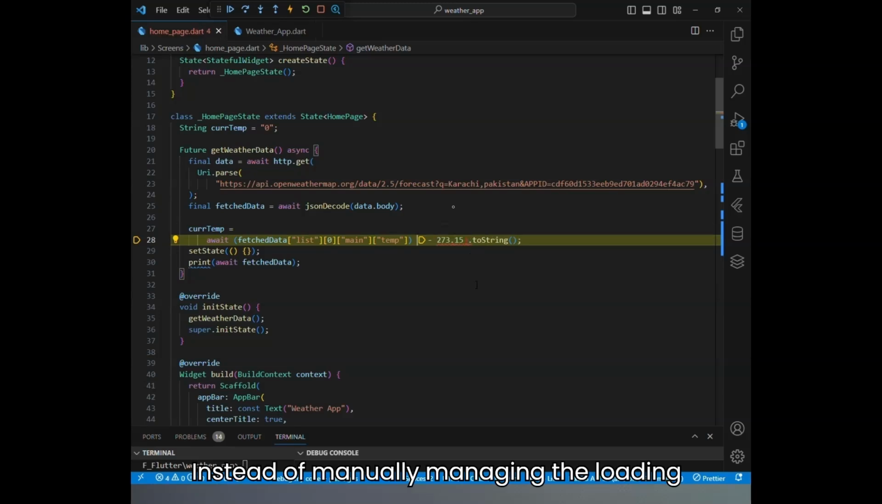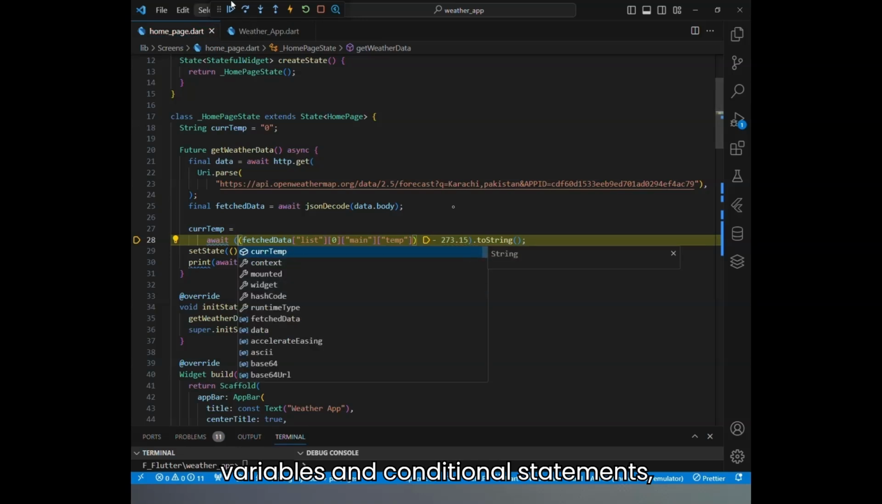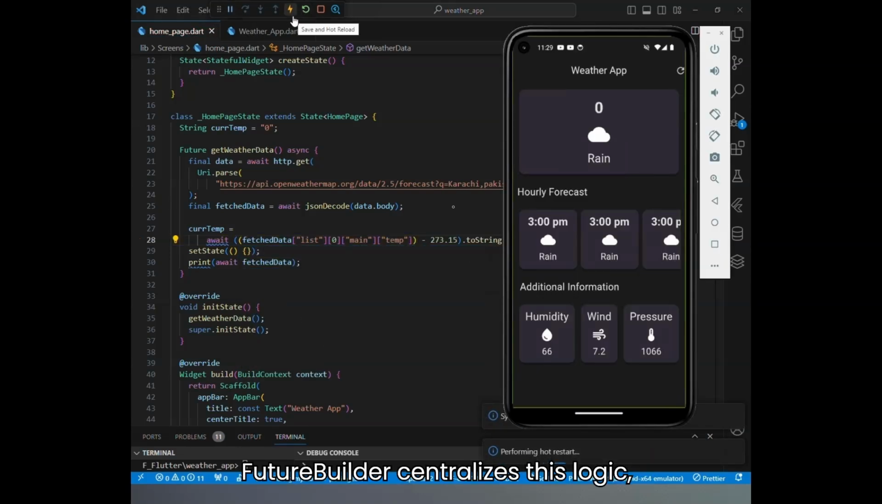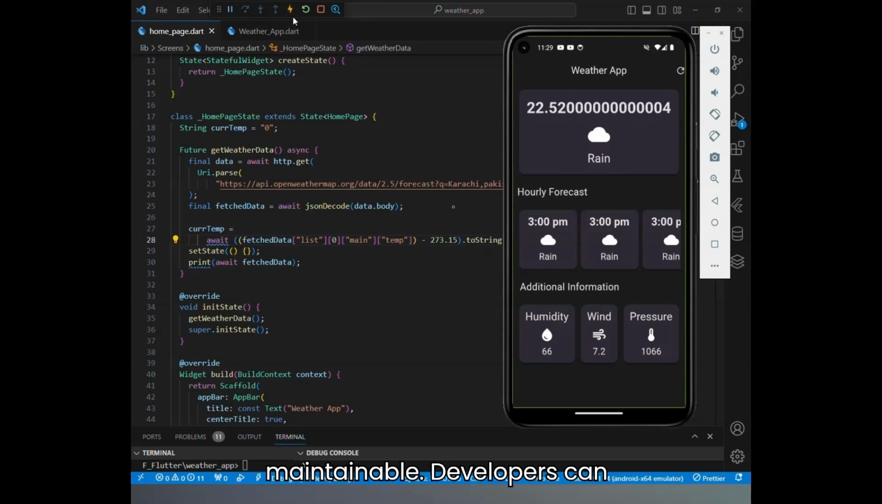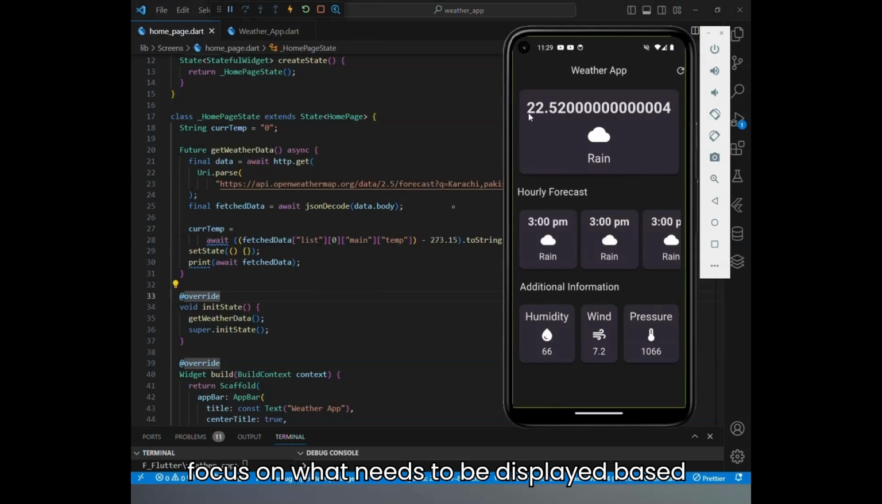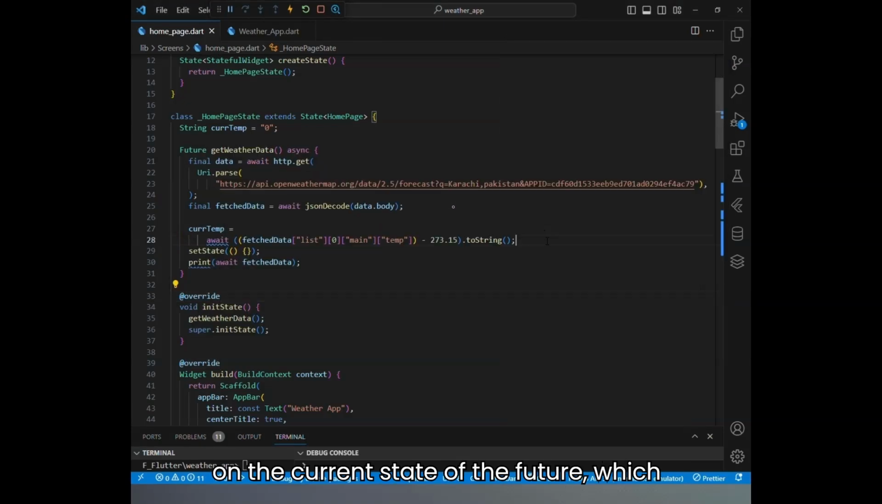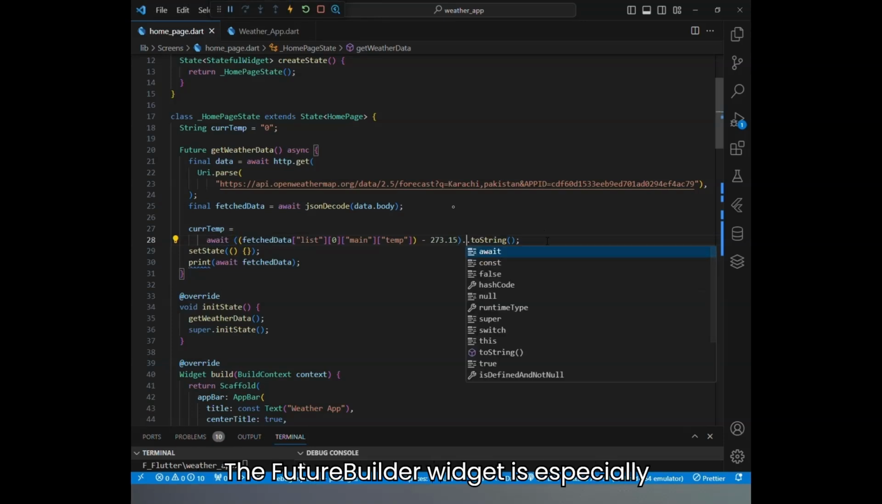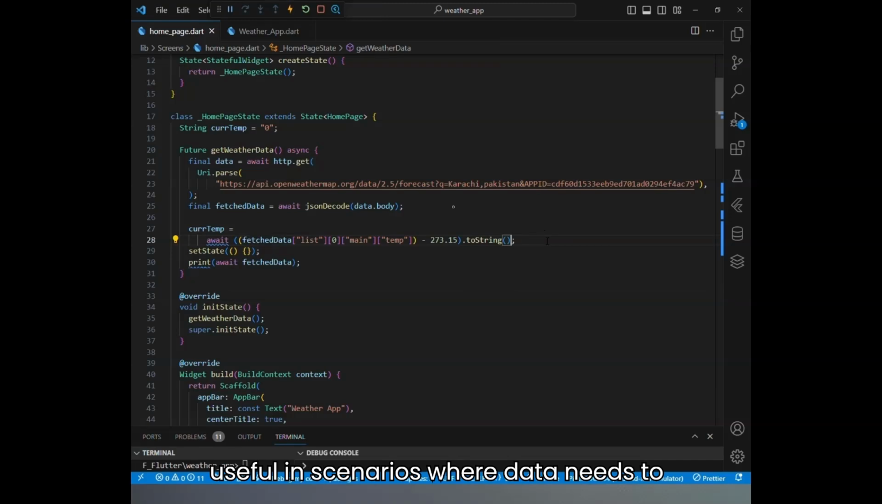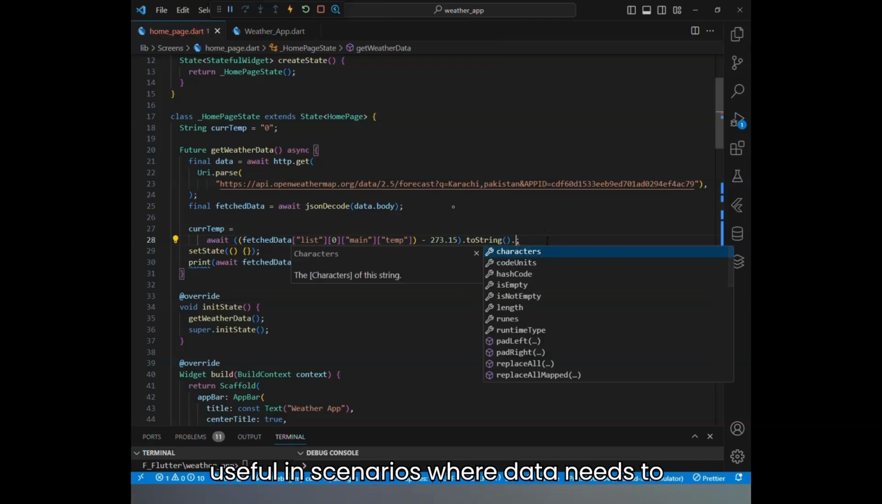Instead of manually managing the loading state and error state with separate variables and conditional statements, Future Builder centralizes this logic, making the code cleaner and more maintainable. Developers can focus on what needs to be displayed based on the current state of the future, which enhances code readability and efficiency. The Future Builder widget is especially useful in scenarios where data needs to be fetched from a